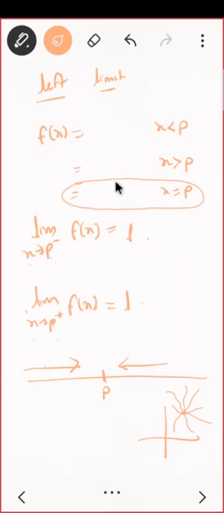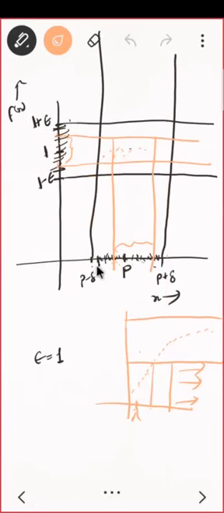That is to check whether the limit exists, I have to come from this side or come from this side. That's it. Done. Now look at this properly. I am saying I am coming from this side. What do you mean by coming from this side? Look at this. It means I am having this interval, that means my x belongs to this interval, p minus delta comma p. Correct? Do you see that?